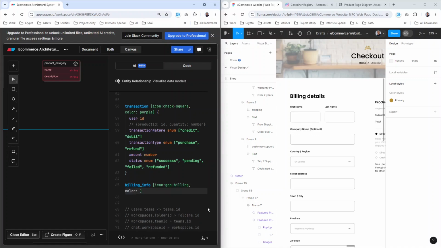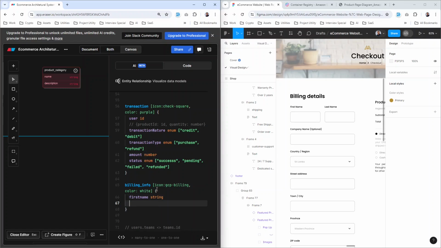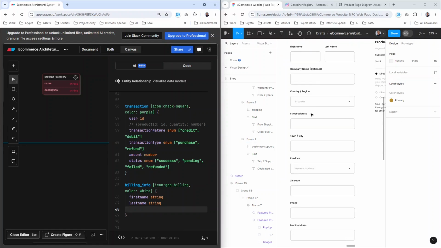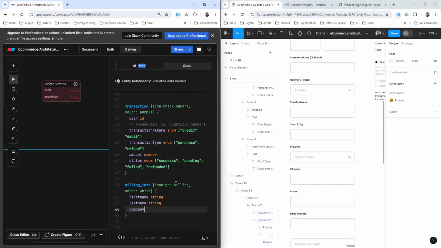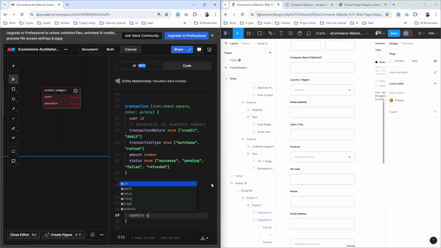So color can be anything, right? I don't know what we've used so far, but if we could do white, that would be cool. So billing takes in the first name, the last name, the company. That's an optional field, by the way. It takes in a country,